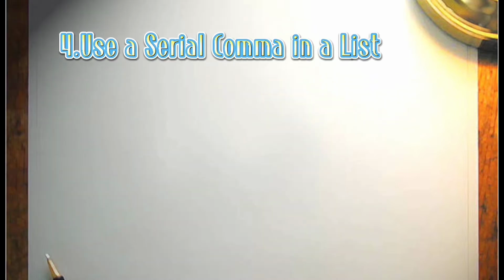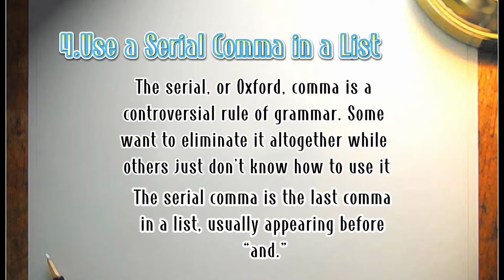Fourth rule is use the serial comma in a list. The serial or Oxford comma is a controversial rule of grammar. Some want to eliminate it altogether, while others just don't know how to use it. The serial comma is the last comma in a list,